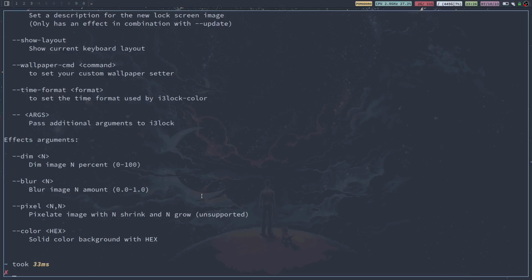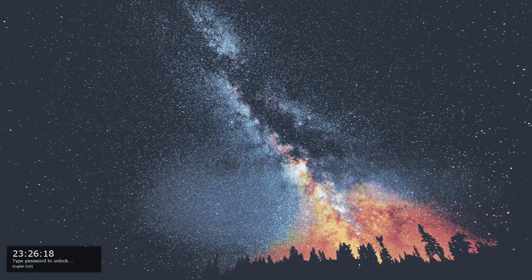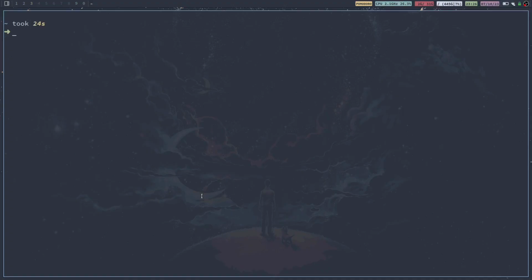Also, just to lock your screen, you would type in betterlockscreen, not --help, but -l, and that's going to lock your screen. If you do it for the first time, you'll notice that it's actually just a blank black screen, but you can set a wallpaper. You could open up a terminal and type in betterlockscreen -l every time to lock your screen. Or if you use Betterlockscreen in conjunction with something like SXHKD, you can go into your